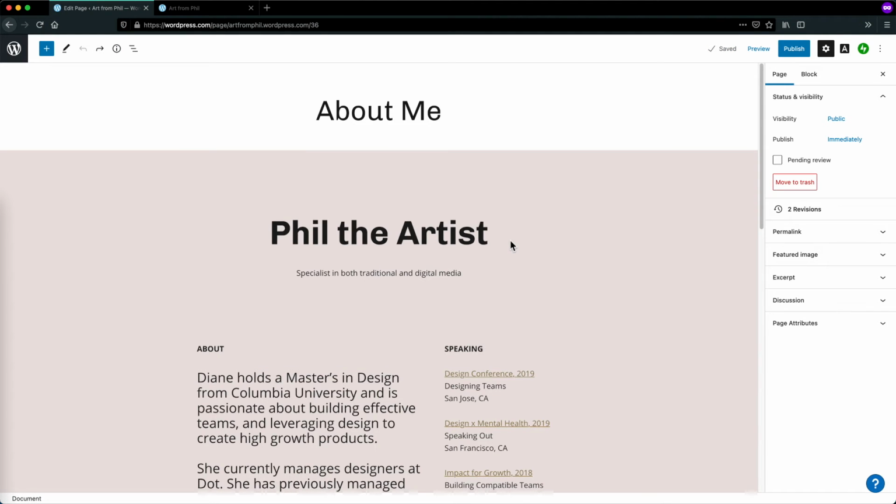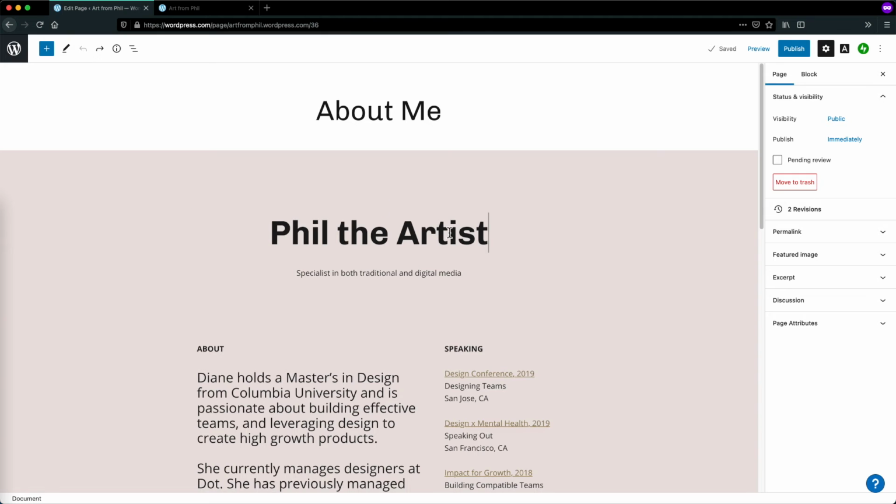If you want to add new content to a page rather than just edit the existing demo content, you can do so by adding a new block or a pattern of blocks. For my About page, I'd like to add a large image at the top of the page to start. I can select the place where I want to add a block by clicking on an existing block and